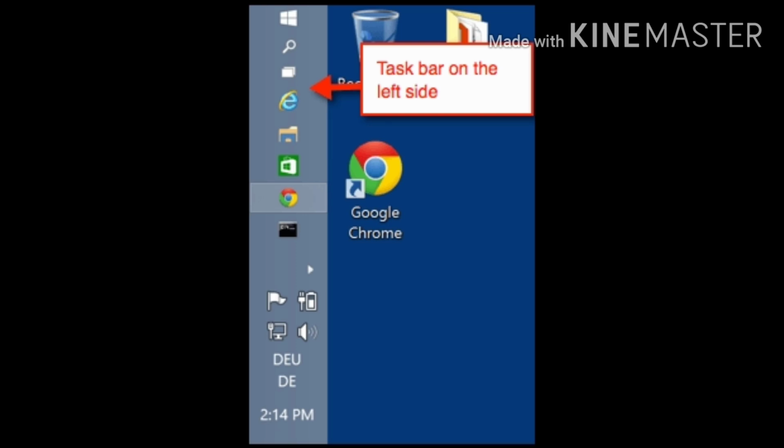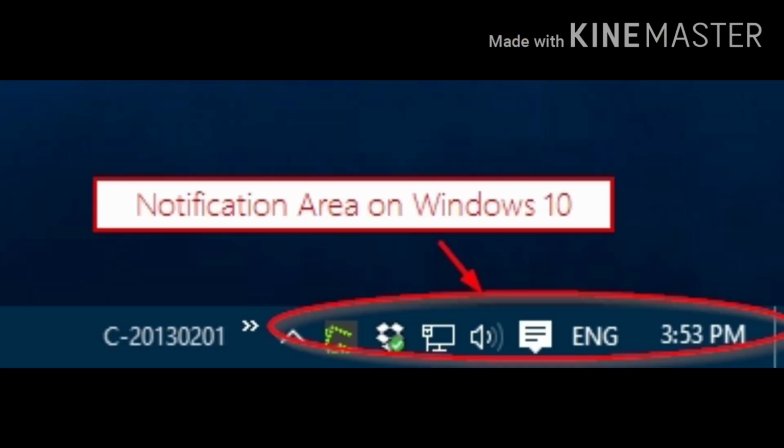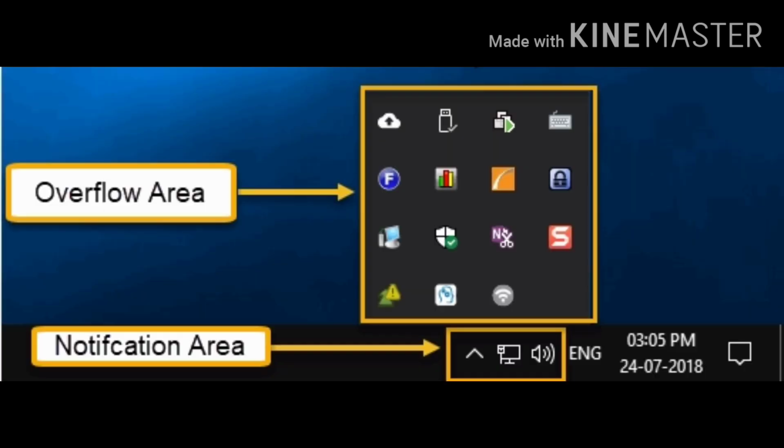It gives access to the start menu and several application icons, as well as the notification area on the right side of the taskbar. The notification area shows different types of notifications on your computer, like your internet connection or the volume level, etc. At first, the notification area shows a limited number of icons, but you can click on the upward arrow on its left side to see the other icons as well. It will also show the charging of the laptop's battery.